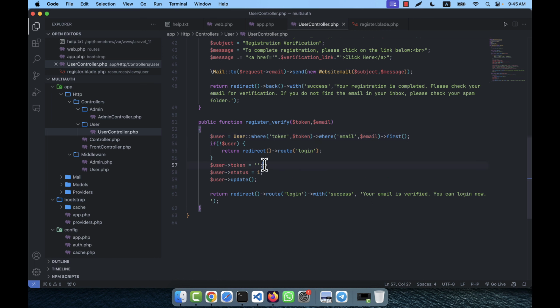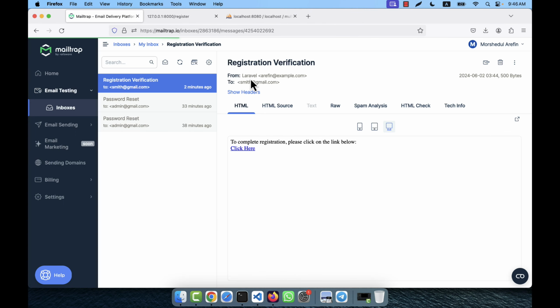User token will be empty. I will make it empty, and status I will change to 1 from 0. That means he will be approved, and user update, so the database will be updated, and he will be taken to the login page with a success message. So let's check it. If I click here,